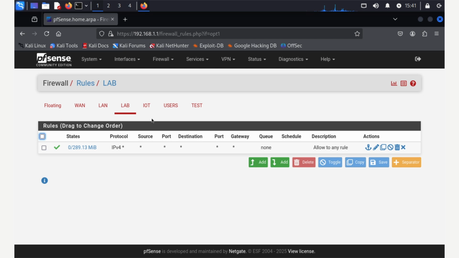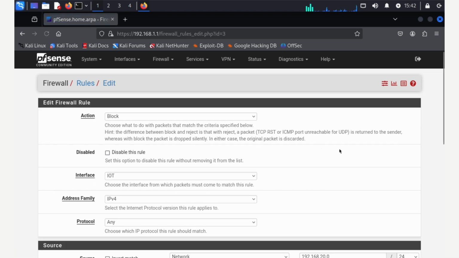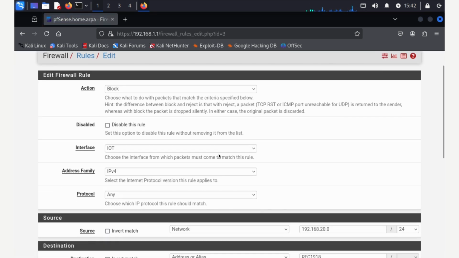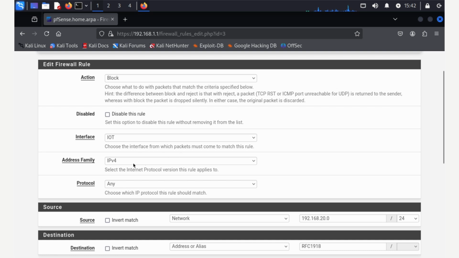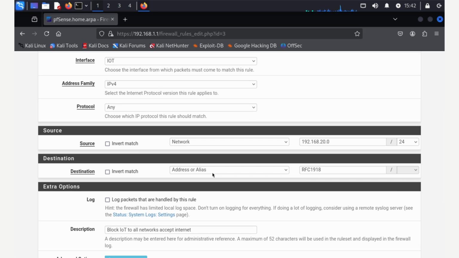Right, and then I've created, let's look at IoT. So the IoT device, I don't want to allow it access to any of these networks, even the internet. So this will be a block all. I think if you don't have any rules here, it will be blocked by default. But let's look at the rule. So it's block, and then choose the network, IoT, IPv4, protocol any, and then if you want this network to not access any of your other VLANs or LANs,